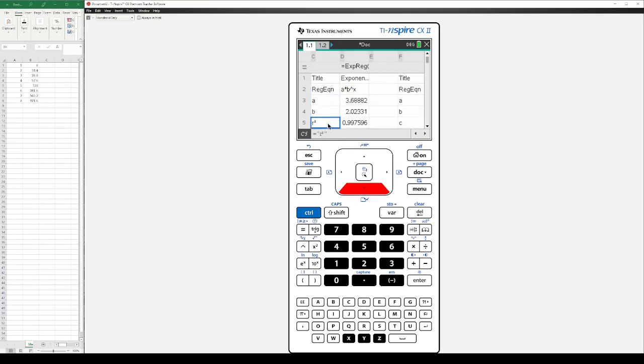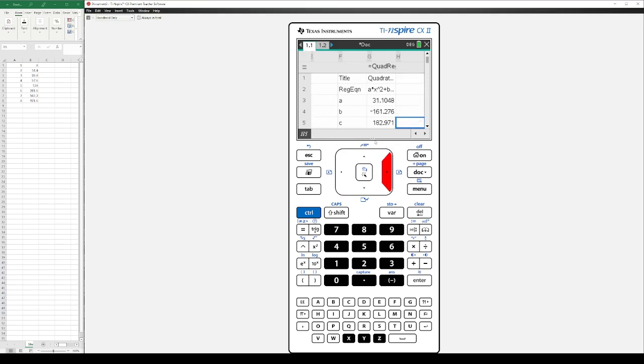So r squared here is 0.997. That means it's a very, very good fit. So this is probably best modeled as an exponential function. If I go over to my quadratic section and find its r squared value, it's 0.985. So it's also actually a very good fit for the data that I've put in, but not quite as good, but it's close. Then if I go to linear, we'll see that the r squared is only 0.77, so it